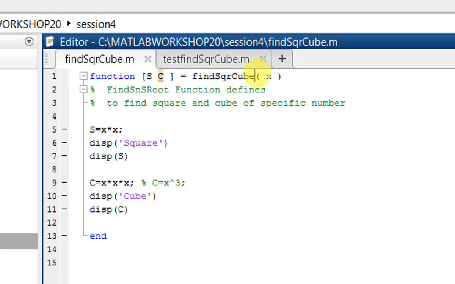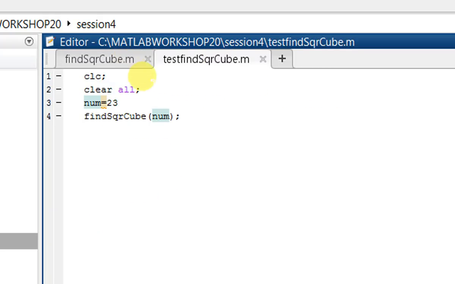But this x is a reference to this test file, so that x becomes a global variable. So num equal to 23 we declare, and we call the function with the function name, and we have to pass the input variable inside the bracket. So this is our function call. This is called the calling of a function,